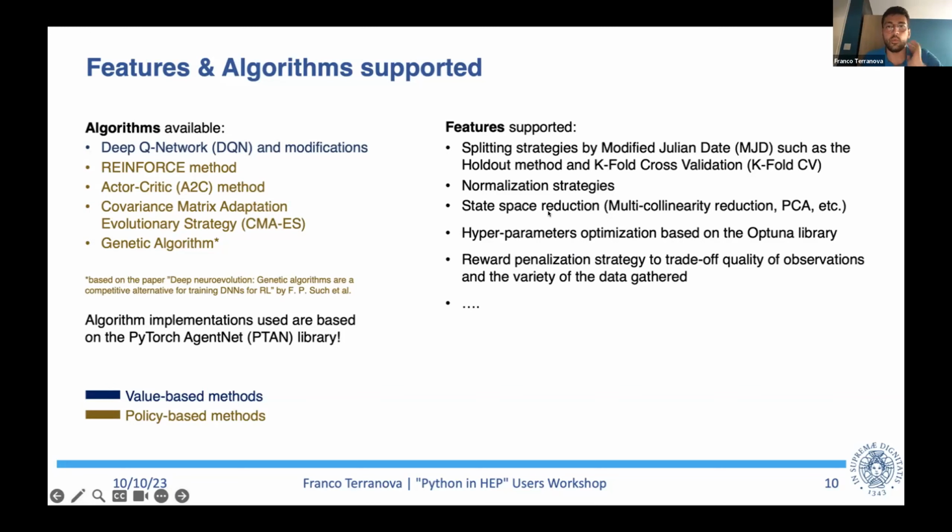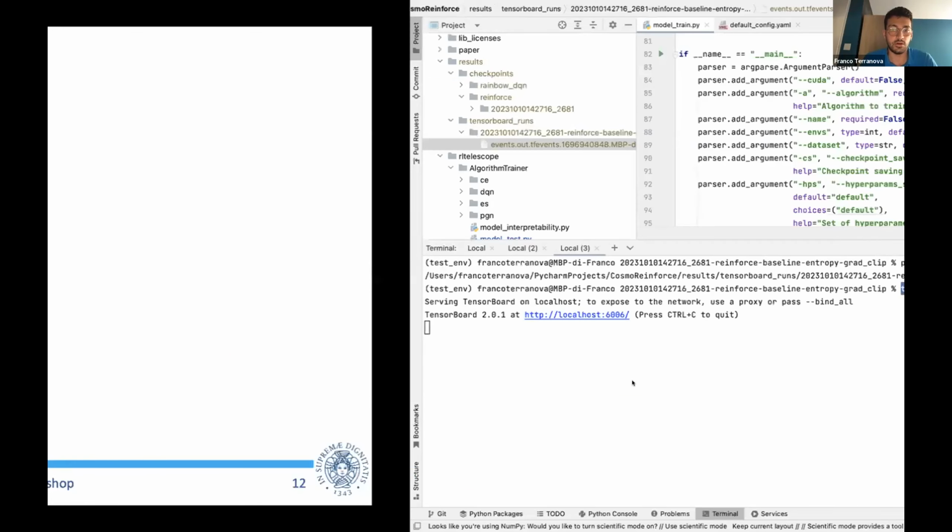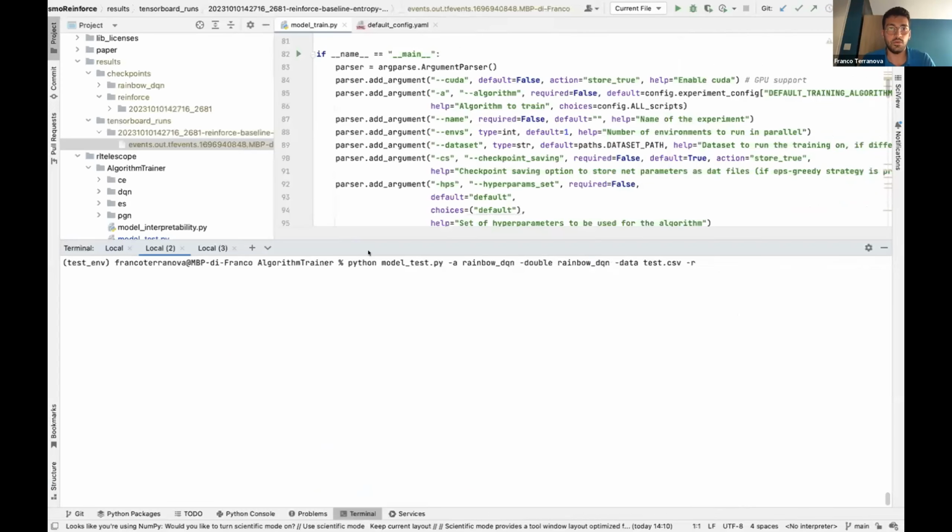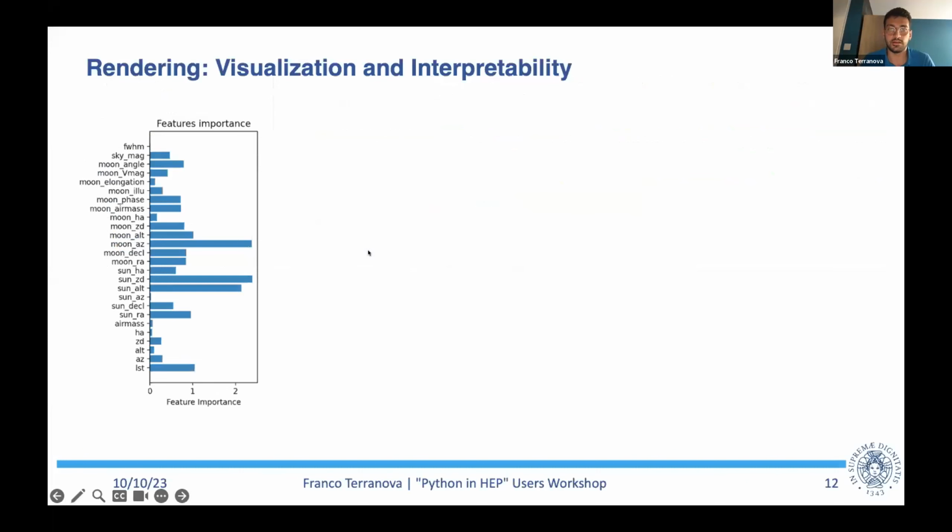Since we have little time, I wanted to focus in particular on one of these features, which is rendering. We can start to run the command, and rendering will allow us to visualize and interpret the artificial intelligence after training. We're going to see a plot that shows the importance of each feature, of each variable in the state space for the agent.